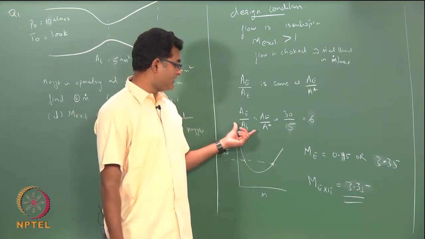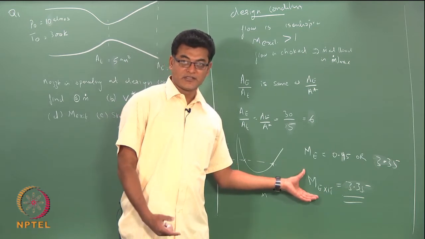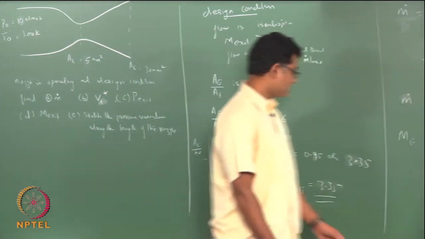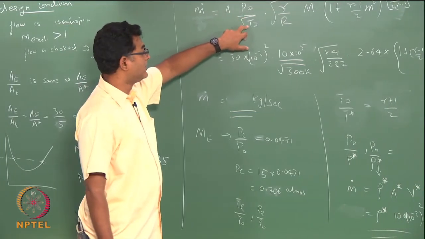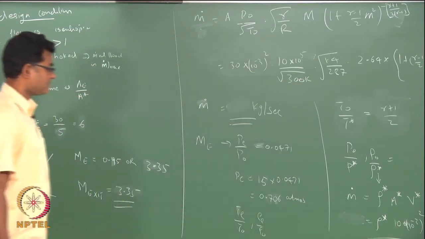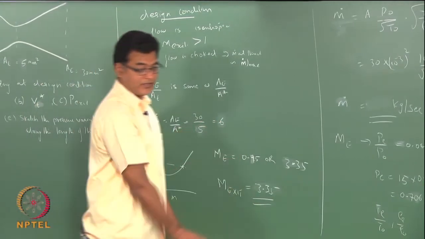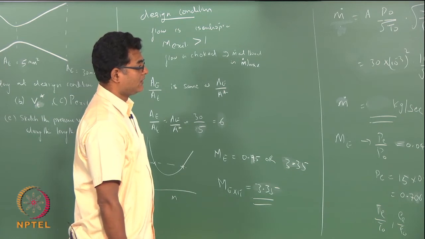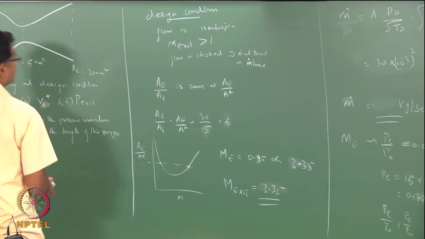So, the moment you have changed the area ratio, you have changed the design Mach number at the exit. Accordingly, everything else will change. Even though your P0 and T0 are the same, now the exit Mach number is different. So, everything has changed. And you can continue doing whatever we had done for the earlier problem likewise. Okay. So, now we will move on to the next question.